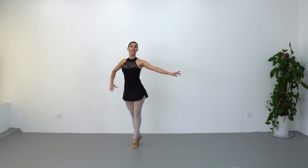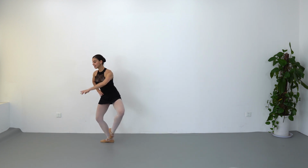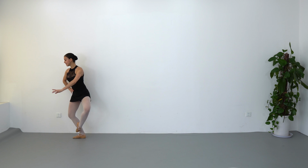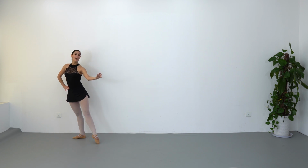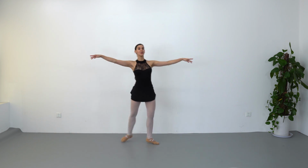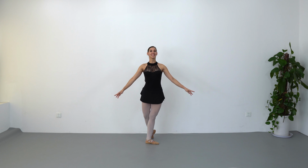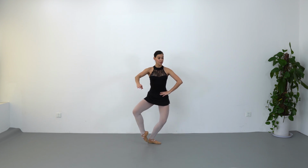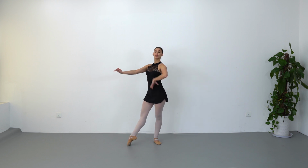And repeat everything again. Tombé coupé plié, open, pas de bourrée. Tombé, open. And now we are going to go again to the center of the stage. Classical pose. From this classical pose we are going to do demi-plié, coupé forward, fondu that moves to the diagonal